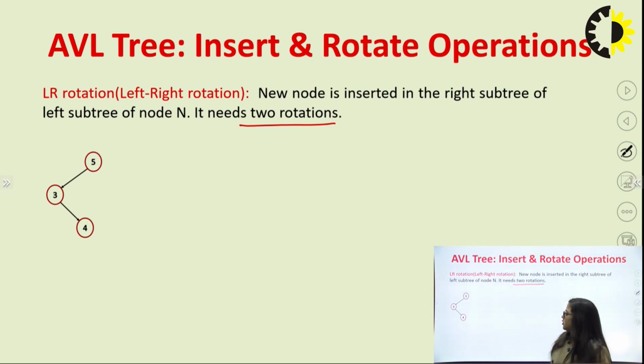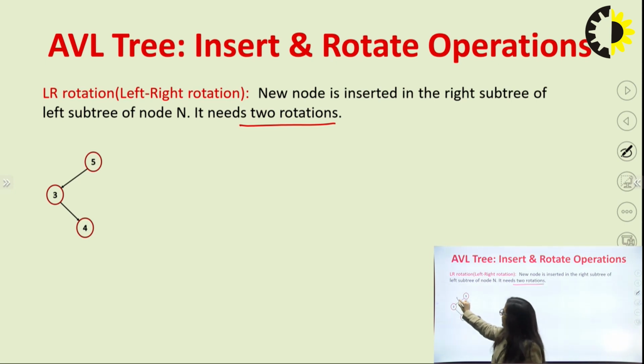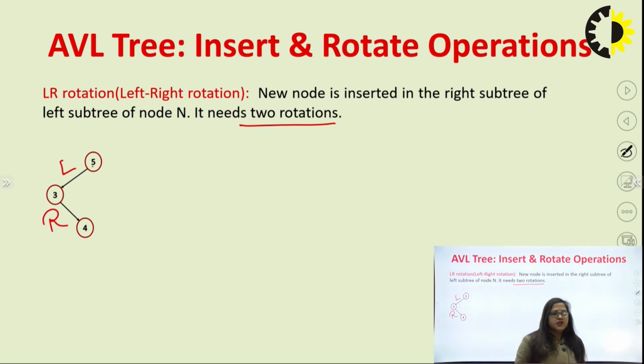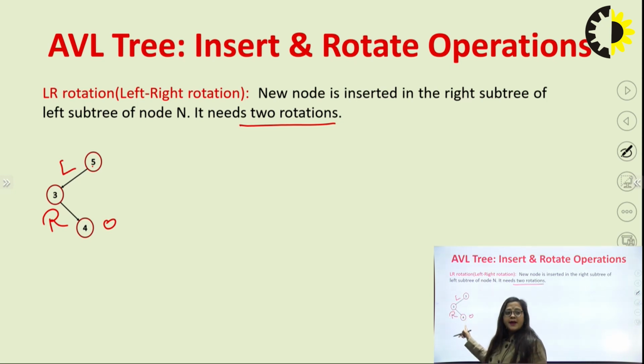First, is it L or is it right? It is L, it is right. Now check whether it is a BST or not. There is no child, so the balance factor of this element is 0. Now check: right minus left. Right is 1, so 1 minus 0 equals 1.